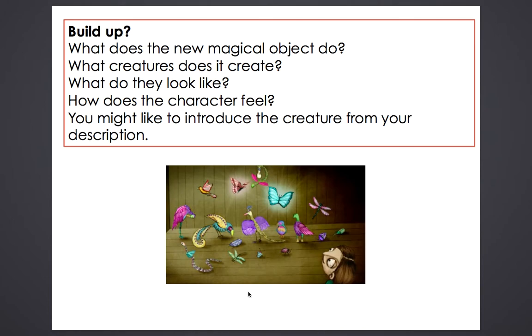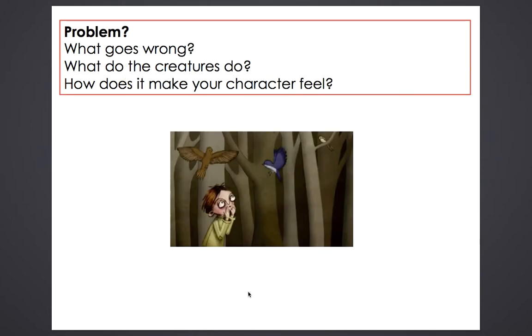Brilliant, everybody. Okay, now this is when you're going to get to the top of your mountain in your story. You're going to get to the problem. So in the black hat, the problem is that the creatures escape, don't they? The boy keeps them in cages, but the birds manage to escape out of the cages. So your problem could be similar to the boy's problem in the black hat.